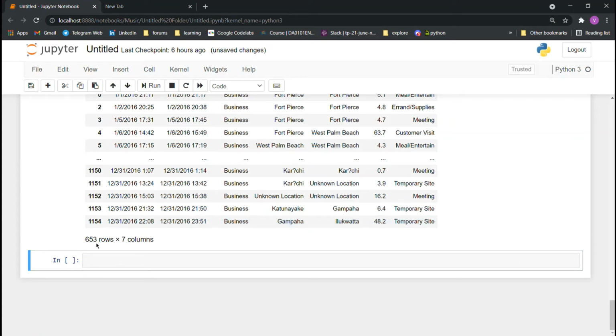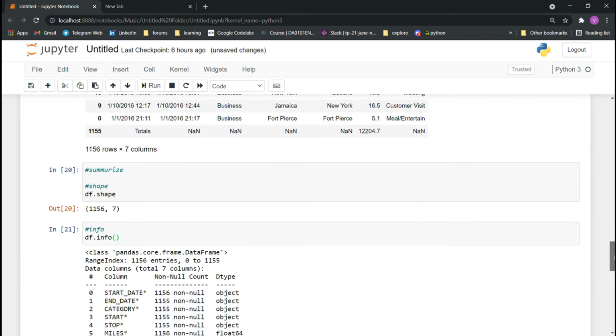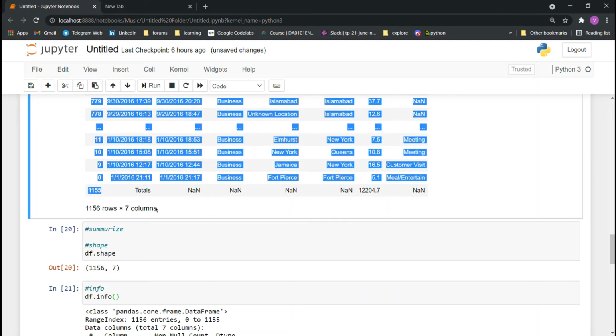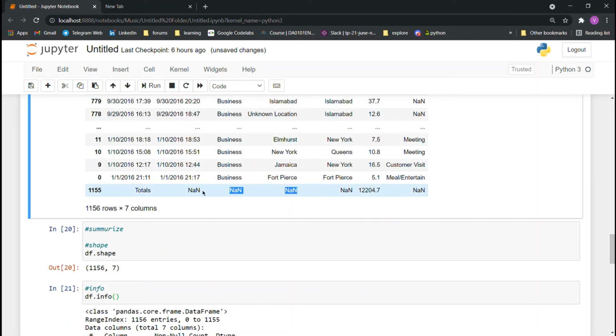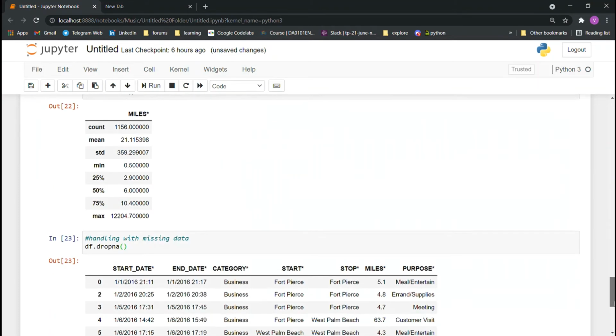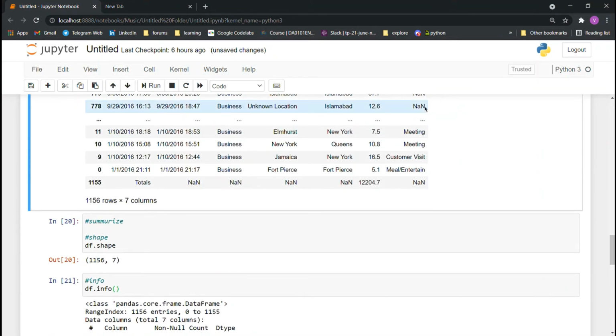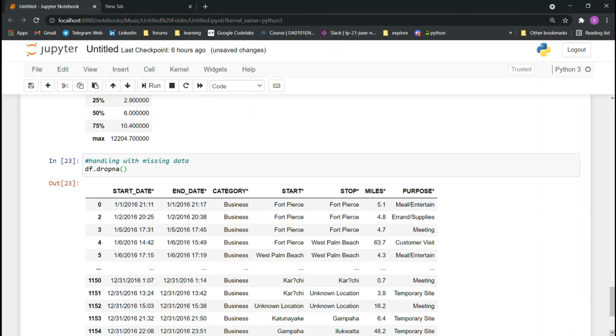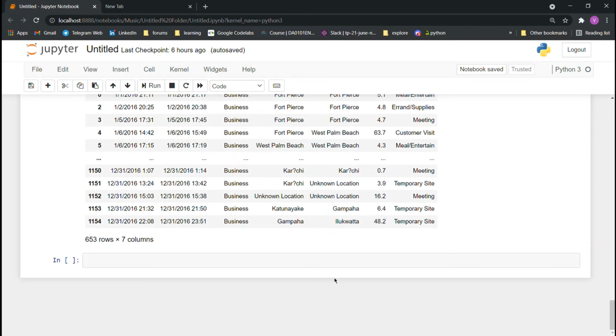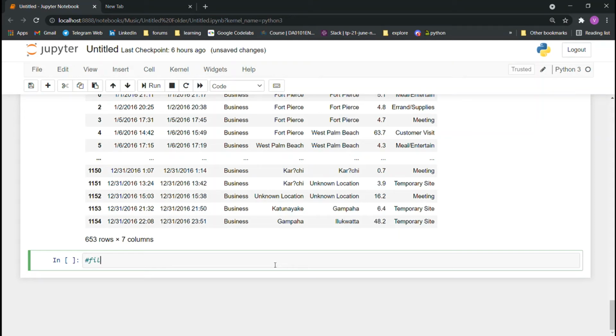Here you can see, let's scroll above, we have NaN values in the data set. After running this command, df.dropna, we dropped every NaN or null value.